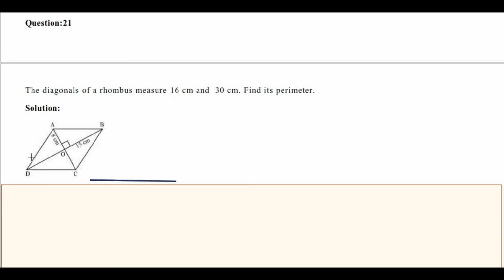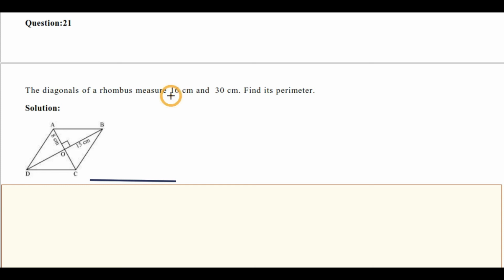And here it looks similar to a parallelogram. Okay, so the only difference between the parallelogram and the rhombus is that in a parallelogram opposite sides are equal, but in a rhombus all sides are equal. Okay, so after that here we have one more property of a rhombus. In a rhombus the diagonals bisect each other at right angle. So bisect means they divide the diagonal into two equal halves.